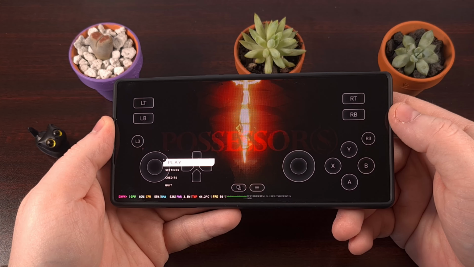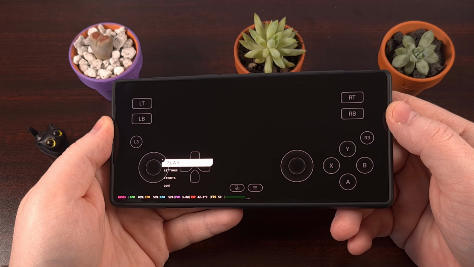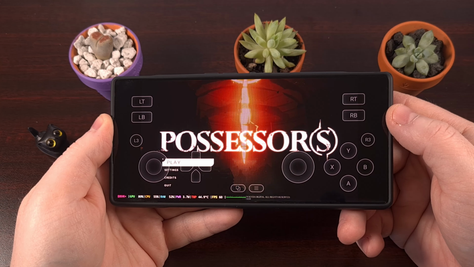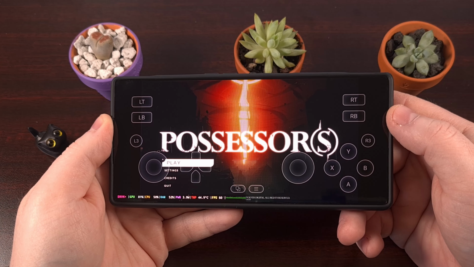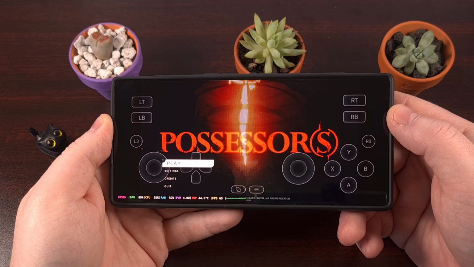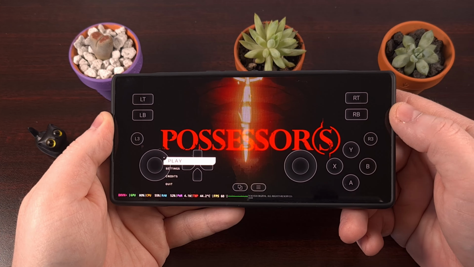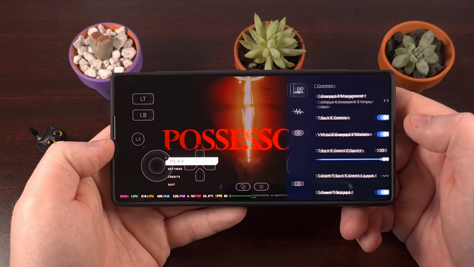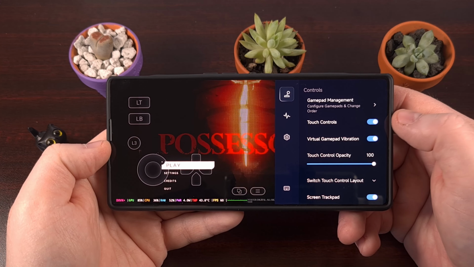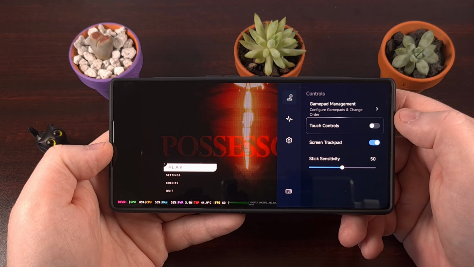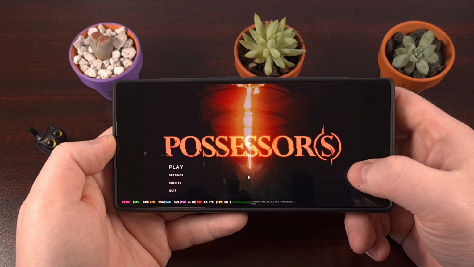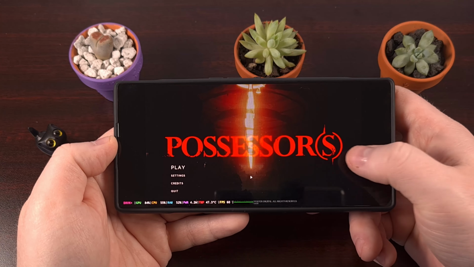If you find yourself emulating a Windows PC game with GameHub on Android, but you've noticed there are on-screen controls when you don't need them, then you actually have two different ways of making them disappear. Firstly, you'll want to swipe in from either edge of the screen, and you can simply choose to disable touch controls from here if you want. You can see they have disappeared, and now they cannot be used.